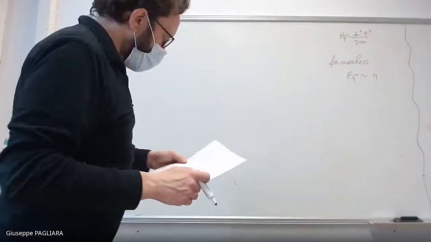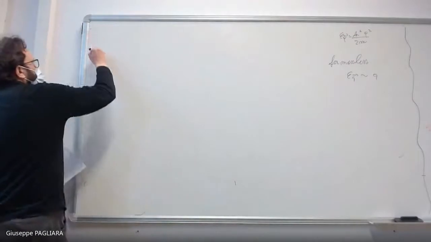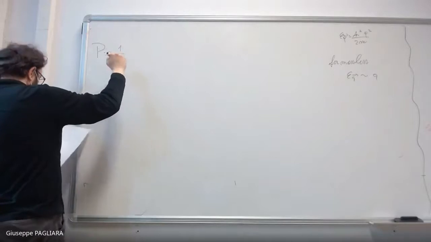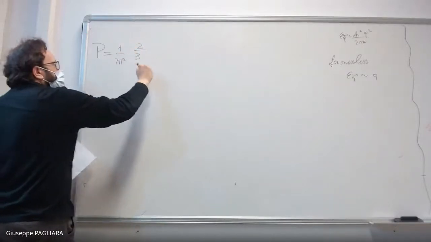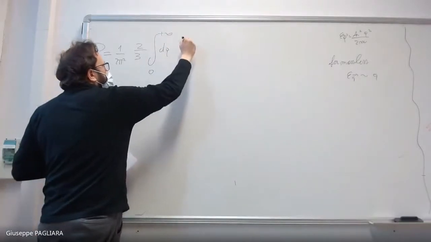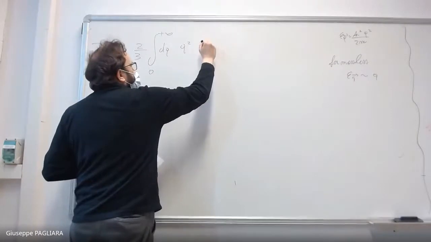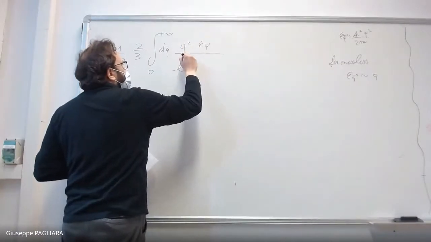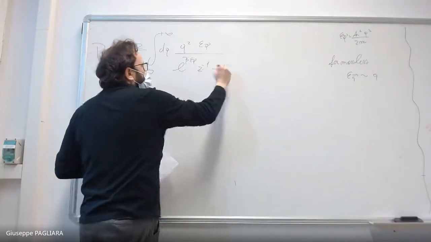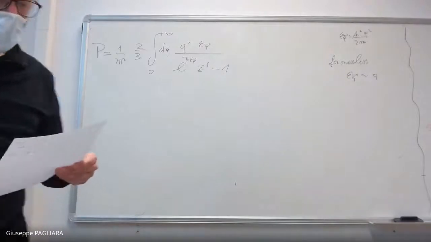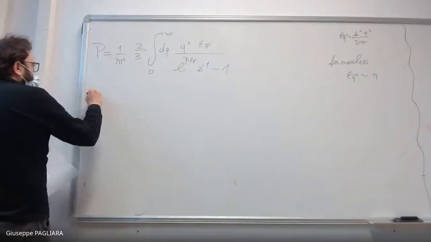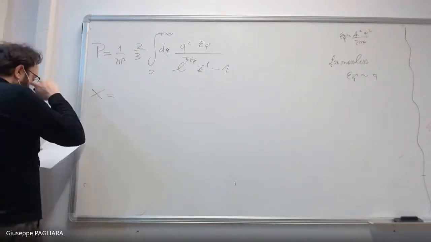Okay, so now this was the pressure. So the pressure, we say, is 1/2π², and then we have the 2/3 here, integral from 0 to plus infinity dq, q squared, epsilon q, over e to the beta epsilon q, z minus 1, minus 1. Now what we will do is the same as before. So consider the variable x, which was equal as before